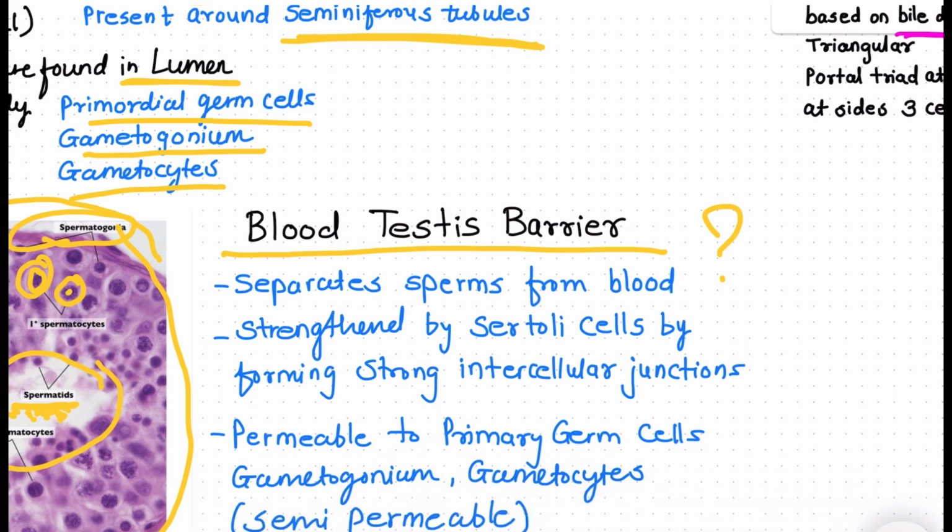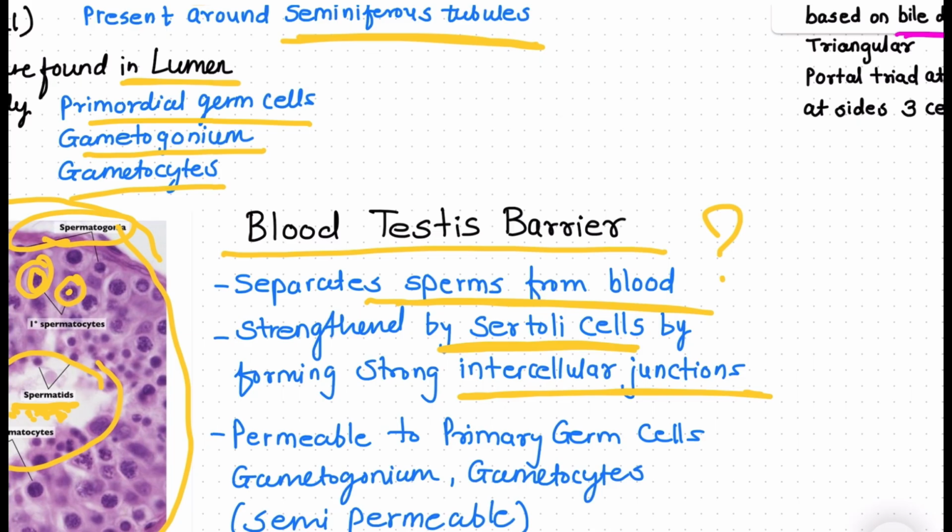So blood testis barrier separates sperms from blood and it is strengthened by Sertoli cells. Sertoli cells play an important role in formation of the blood testis barrier. Why do they form it, why is it important? Because Sertoli cells make strong intercellular junctions, and